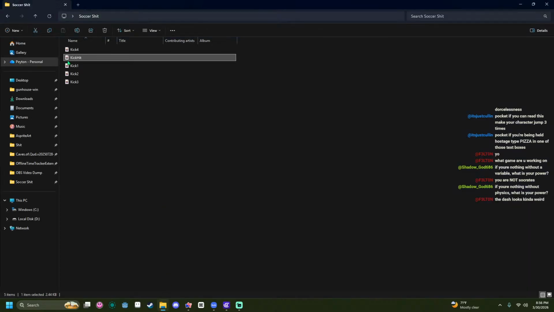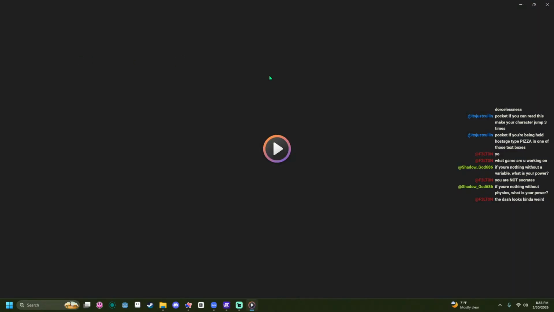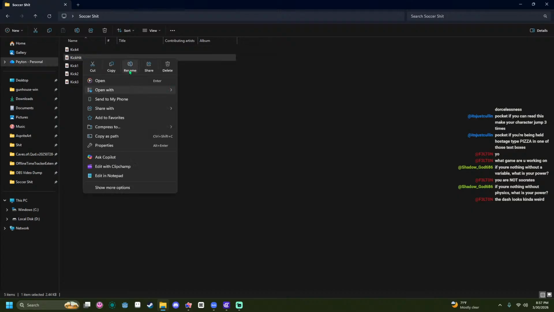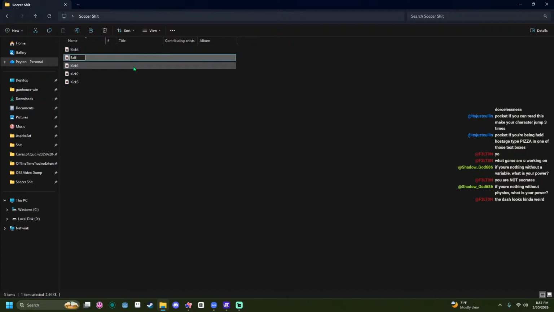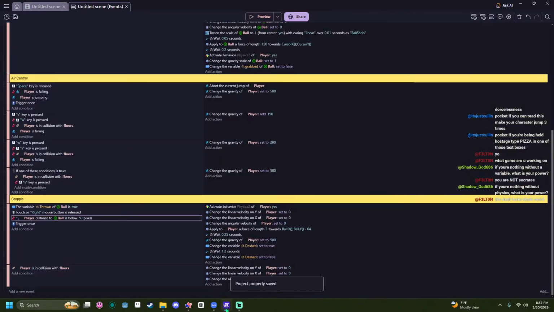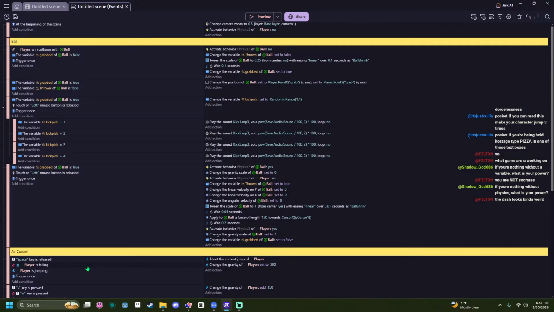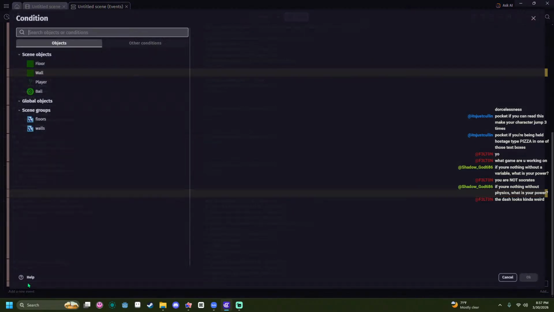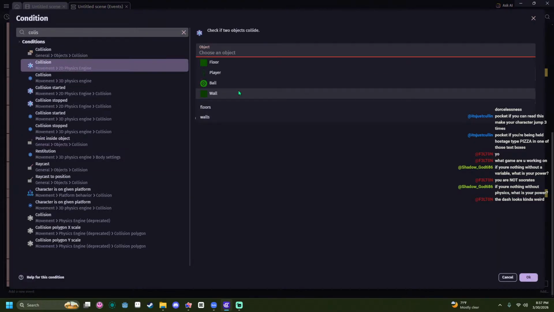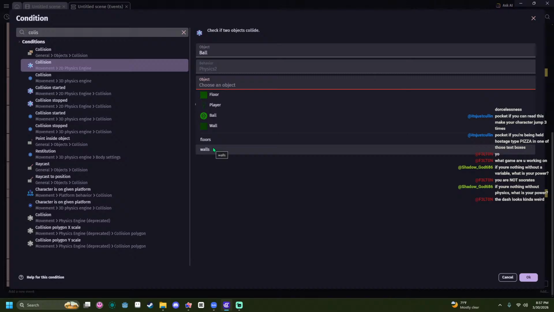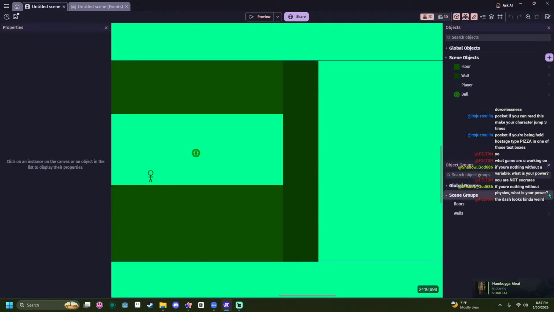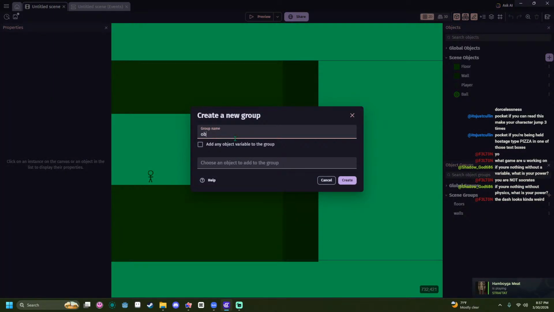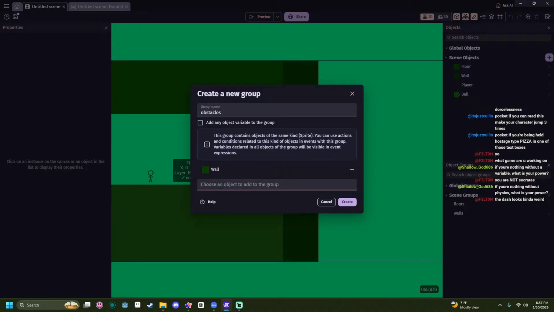I have this sound effect. I think I'm gonna make this the wall hit though. Yeah, instead of the enemy hit. Like that. And then we can just do like under here. We need a physics collision though. So the physics collision between ball and actually we need another obstacles. This is gonna be walls and floors in here.